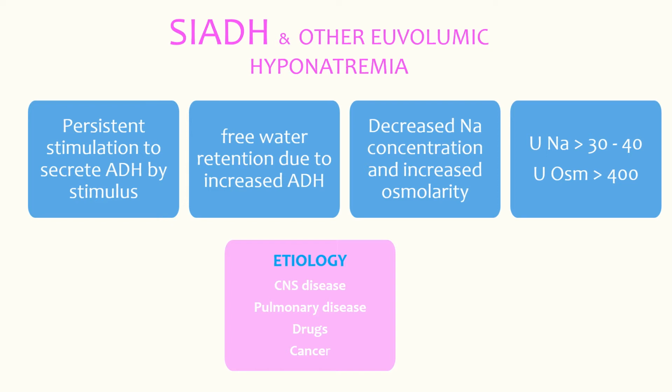So this is one condition which has to be distinguished from hypovolemic, because when the patient comes to you, you will not know the volume status. You have to sort it out as to whether he is euvolemic or hypovolemic and then proceed accordingly. And of course your tests will help you to some extent, but mind you, urine sodium and these tests are not always accurate, especially urine sodium.